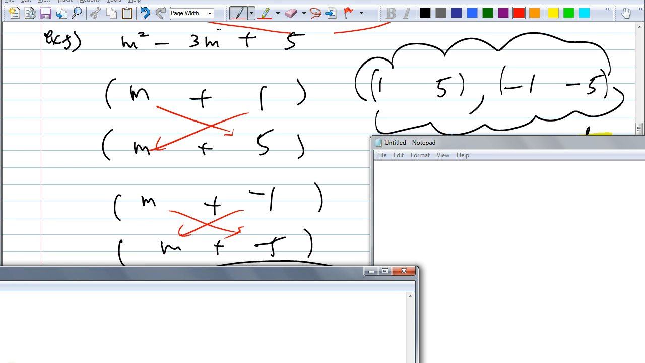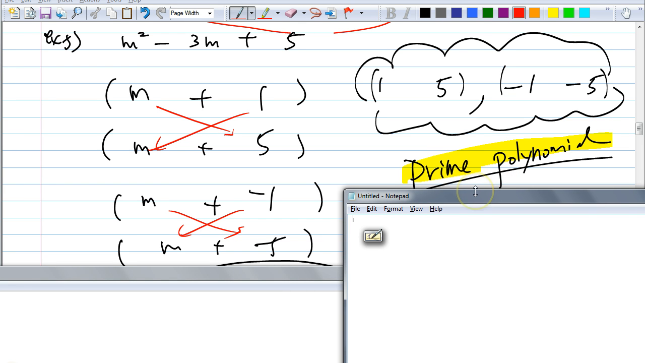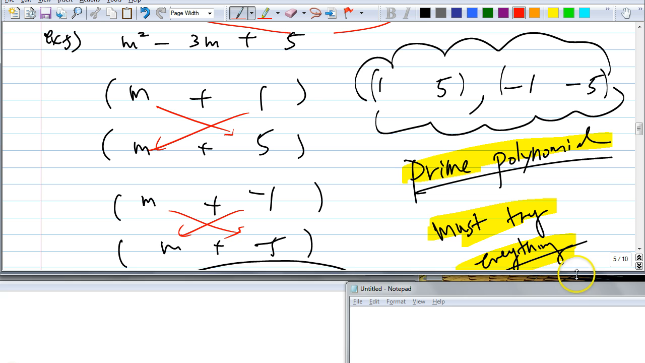So could we use some fractions? No. For these, I want you to use only integers, because if you start using fractions, there are infinitely many ways of multiplying two numbers to get 5. So we only use integers. So guess what? Turns out this one is a prime polynomial. In other words, not all polynomials will be factorable. This one you can't factor. But you can only tell this is a prime polynomial if you tried everything. If you skip one of them,